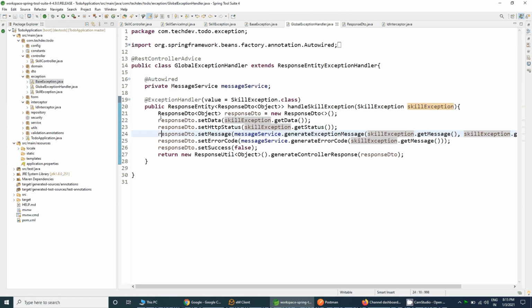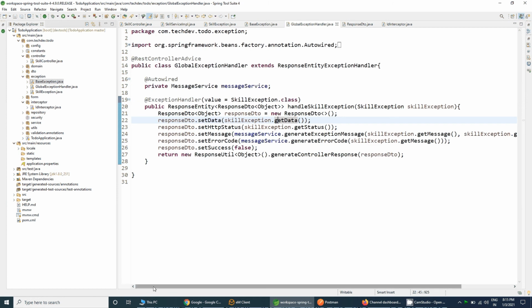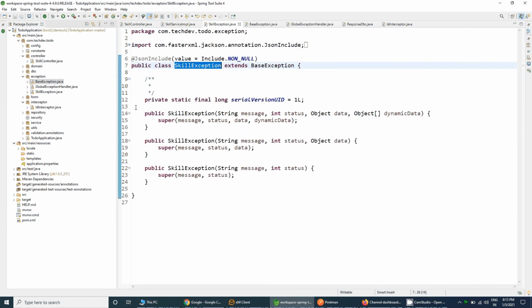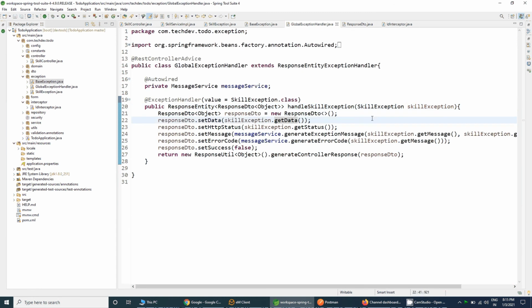In the response DTO, I have used the message service dot generate exception message, and I get the message, dynamic data, and the data using the skill exception extended base exception fields, so that it can help us to create the response DTO.